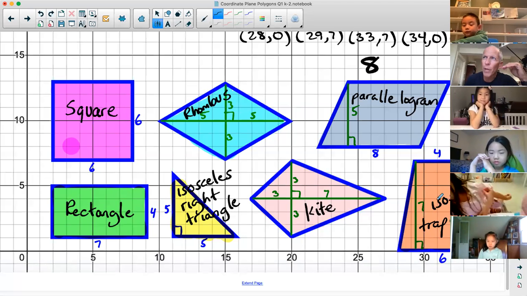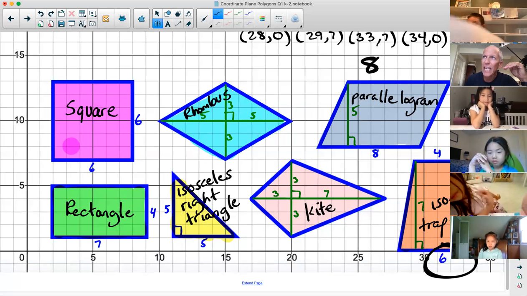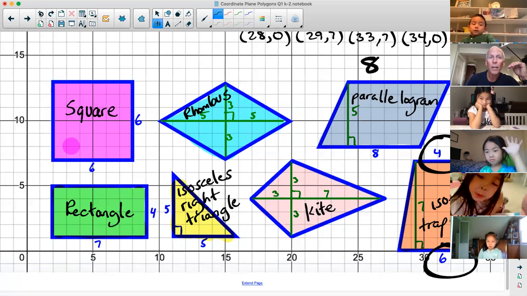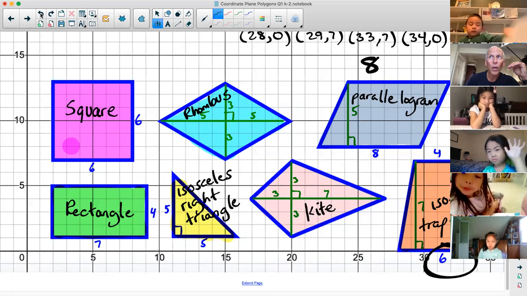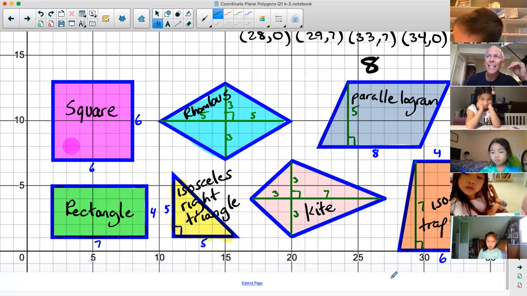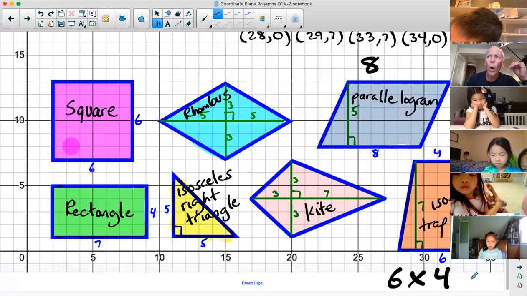Well, keep going, because there's a base of 6, a height of 7, but there's another base. Go ahead, Valerie. 6 by 4. It's a 6 by 4 by 7